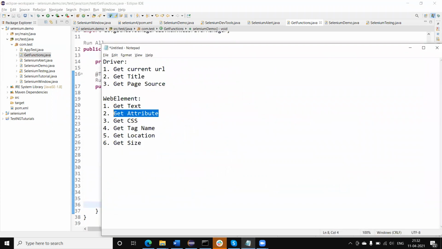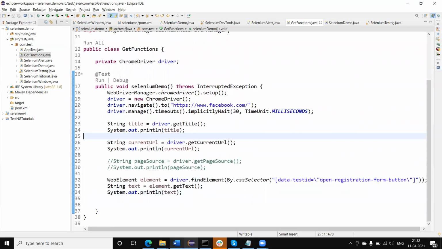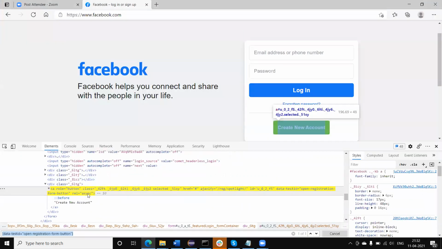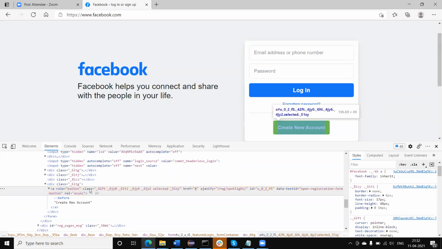Next function is get attribute. What is an attribute? Basically, attributes are the things which come under the tag. These are known as attributes, like role, class, data ID. Suppose you want to verify something in the CSS, like whether this is selected or something, then we need to read the attribute value.